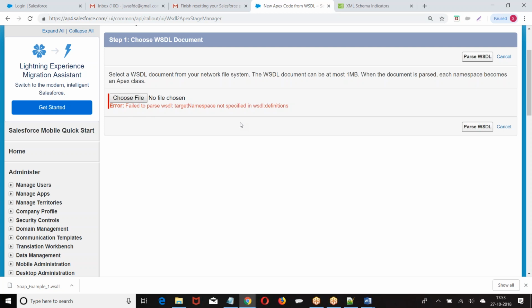When I use localhost, it will consider my system as localhost, not the server. Generally, when you're practicing, you run it on Tomcat or something, and generate the file. How will the URL come? Localhost. When you use localhost, it will take the Salesforce server as localhost. Then the class will not be available on the Salesforce server, and that is the reason it's throwing the error message. So it should be live URLs.